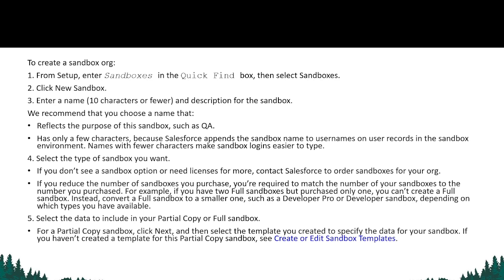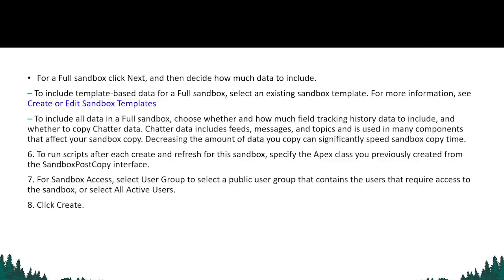Now, if you haven't created a template initially, then you can see the option in the partial copy sandbox, that is, create or edit the sandbox template. So here you can easily create or edit the sandbox template. Then if I'm having a full sandbox, I click on Next,